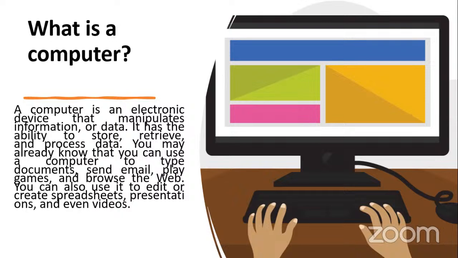You use this electronic device to manipulate data. For instance, on your phone, you want to send a WhatsApp message. Whatever you input, that's what it sends. That is manipulating data. You can use your phone for calculation, you can use it to browse, snap pictures, arrange your pictures, send your pictures to your loved ones, go to Facebook. These are all data you're manipulating using your computer system. It's not just your laptop or your desktop. There are so many types of computers, right? We'll get to that point as we proceed.